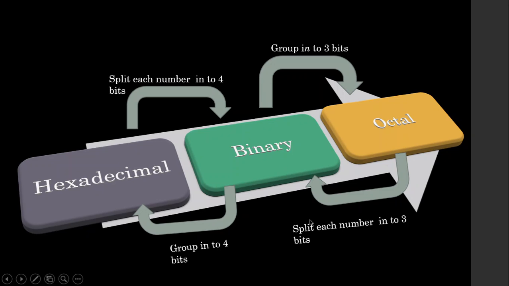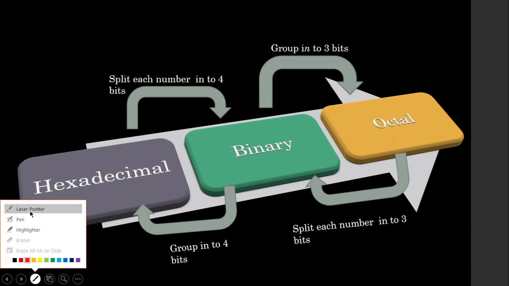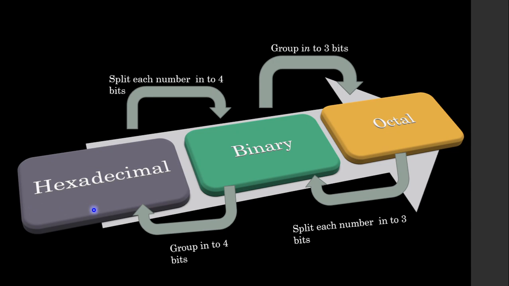So now when you say octal, it is a 3-bit number. Octal is a 3-bit number because octal has values from 0 to 7. 7 has the binary value 111. So we have a maximum of 3 bits in an octal number. And in the case of a hexadecimal number, we actually have 4 bits because F is the maximum number, which is 15. The value of 15 is 1111, so 4 ones. That is how we can say that hexadecimal has 4 bits and octal has 3 bits.